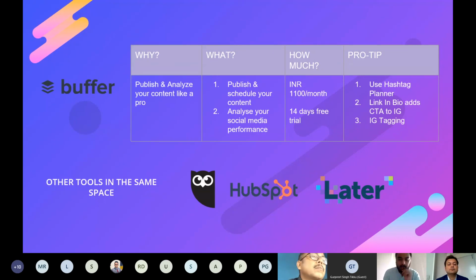So again, Buffer has some crazy options. It's a tool which can help you publish your content. So if I have that beautiful, let's say, picture that I've created on Pixaloop, now I want to make sure that it goes up on Facebook, Instagram, LinkedIn, Twitter, different platforms. But I know that it needs to go at an odd timing when I might be busy doing something else, right? And I think that's going to be a challenge that a lot of marketing team people are going to face, because you've got multiple things to look at, and at the same time you've got to make sure that the post also goes up.